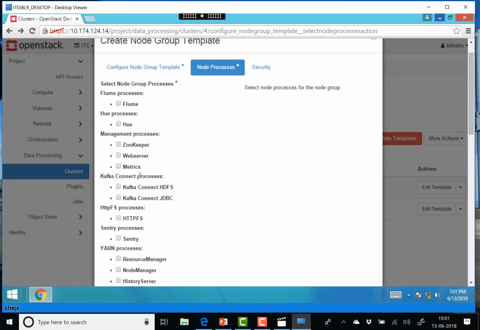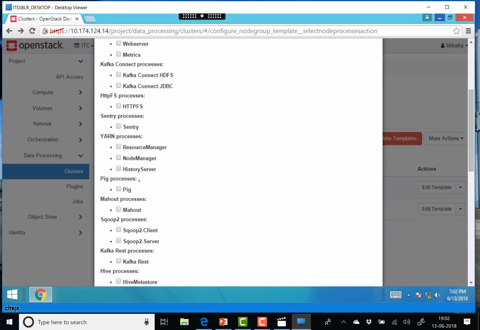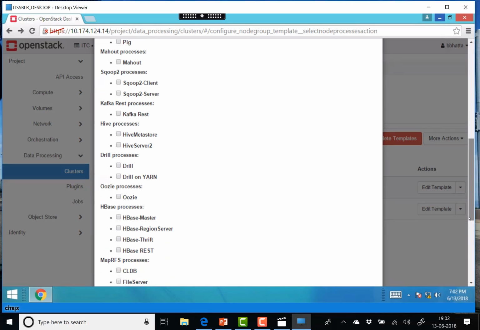These are management processes, but if you are creating a streaming cluster, then Kafka will be installed, and then Kafka Connect for HDFS and JDBC can be done. Similarly, you can come a little below. You can see Pig, Mahout, Sqoop, Hive, all of them are bundled and they can be installed. HBase,